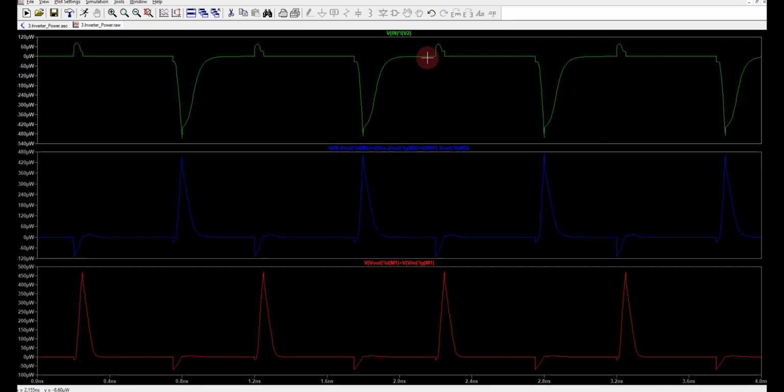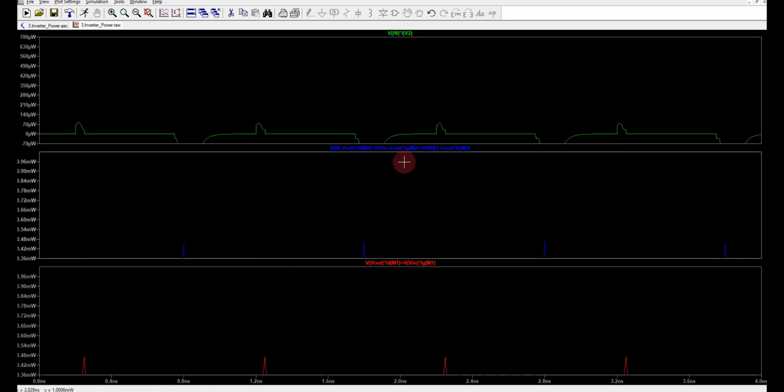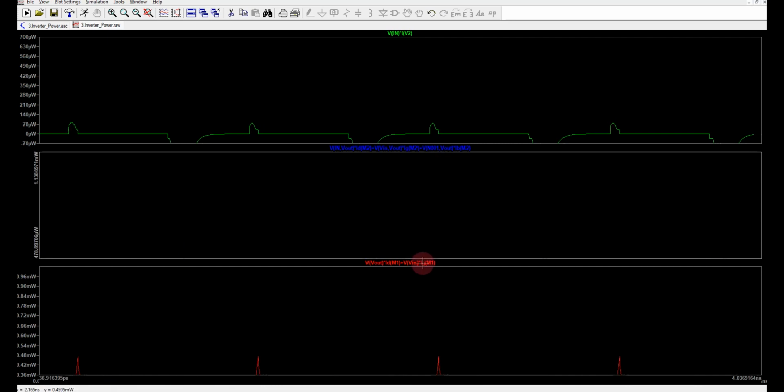So if you recall our theory which we discussed, the power which will be taken from the power supply source will be F into VDD square CL. What will be dissipated as heat in the PMOS will be half of that, half VDD square CL into F. Similarly in the NMOS it will be half VDD square into CL. So this is close to 40, and 38 it shows. And this is 20, and this is also 20, right?